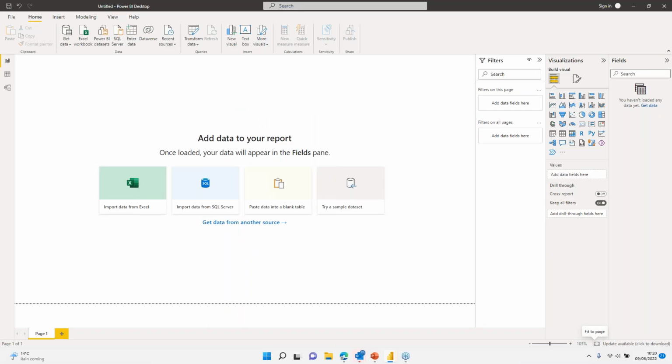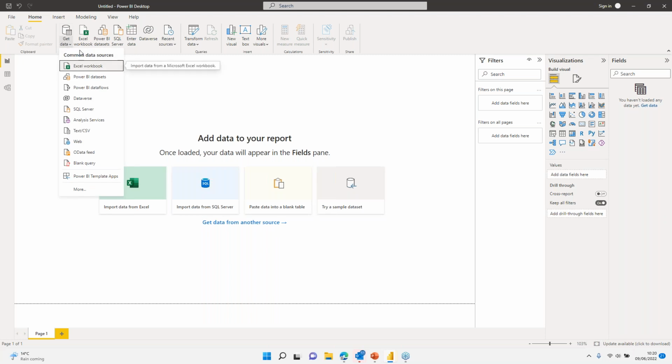So, Power BI Desktop. This is, like I said, a free download. You can open Power BI Desktop at any time. You can download it, and you get this initial screen. You have to go away and get data. So if I go in to Get Data, you've got a number of different common connections. But if we click on More,